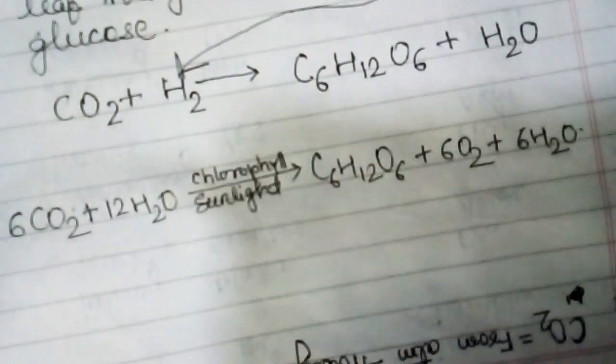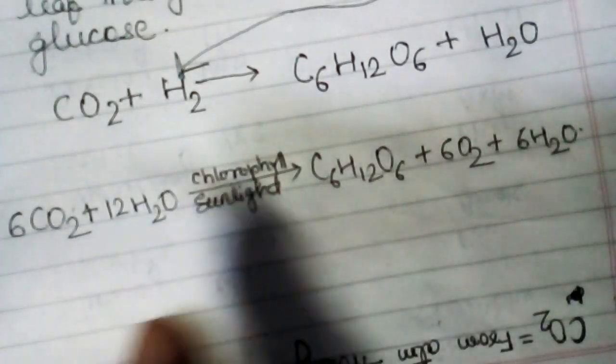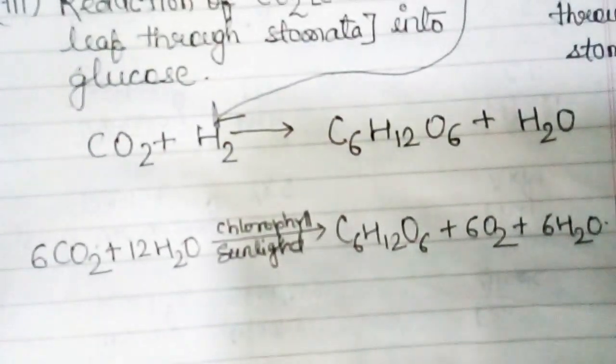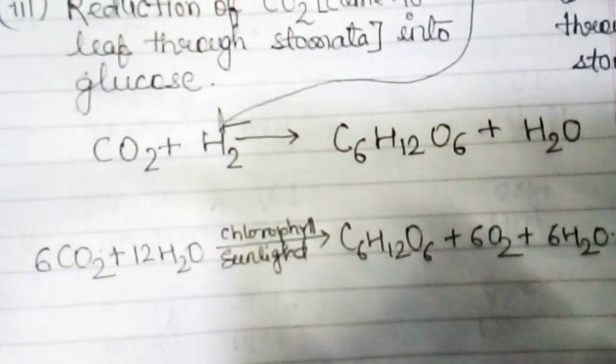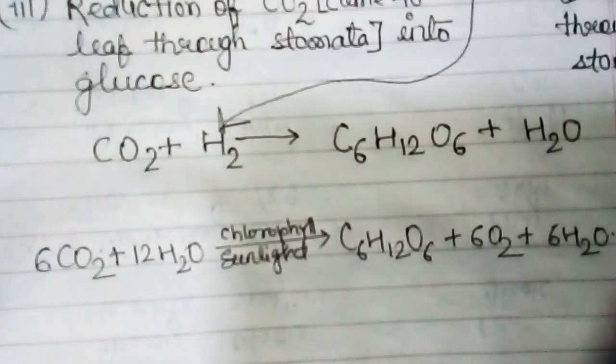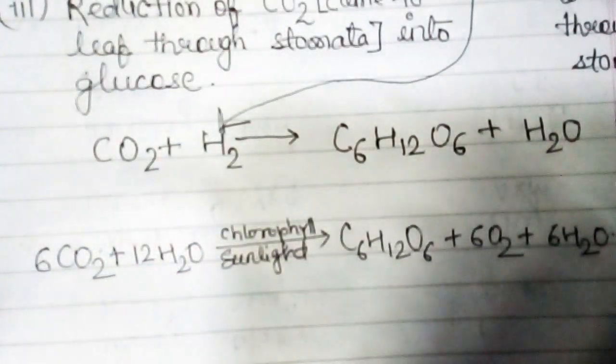If you are remembering the formula, then balance the formula, but don't change the number of moles. Someday, if you have written the formula and you sit and start balancing, the numbers may change and the reaction may also get balanced, but that balance will be wrong. That is a simple chemical reaction, but that reaction will not be of photosynthesis. The photosynthesis reaction is very strictly this one. Fine, so learn this one.